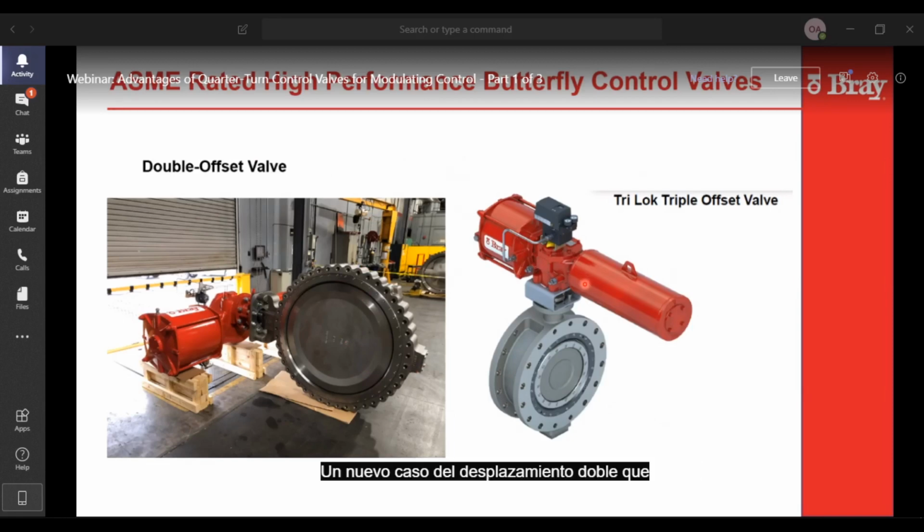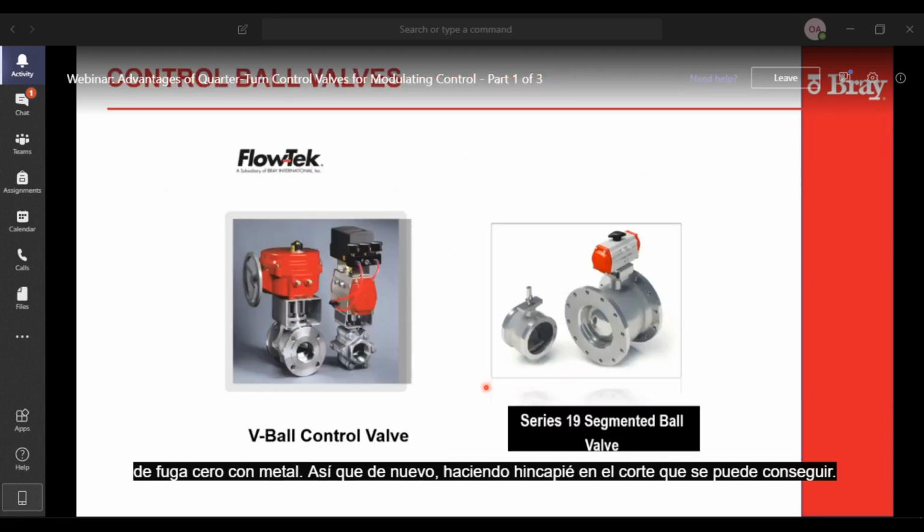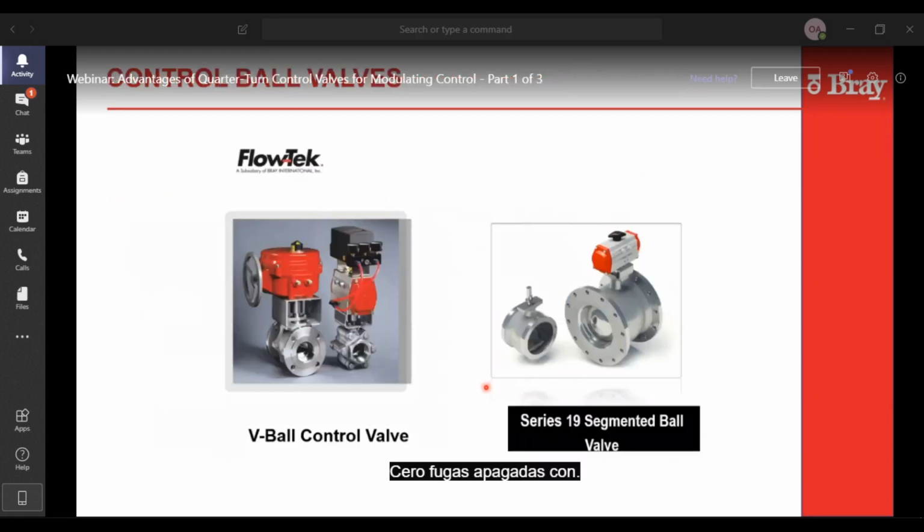In the case of the double offset, you typically have a bubble tight or an API 598 zero leak shut off with a Teflon seat. With a triple offset valve, you get a metal seated zero leakage shut off valve. So again, emphasizing the shut off, you can get zero leakage shut off from the factory in the butterfly valves.